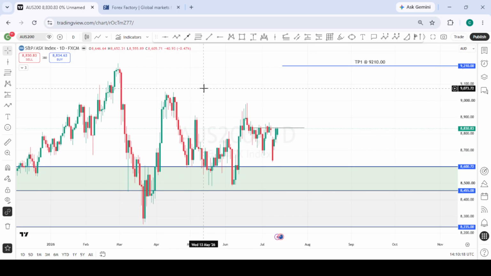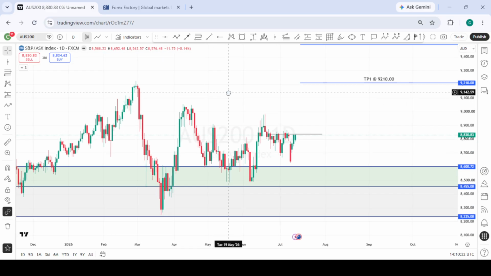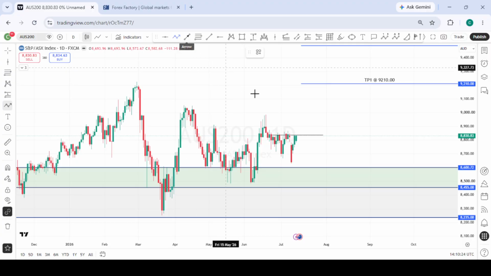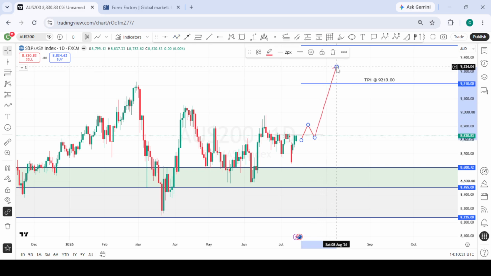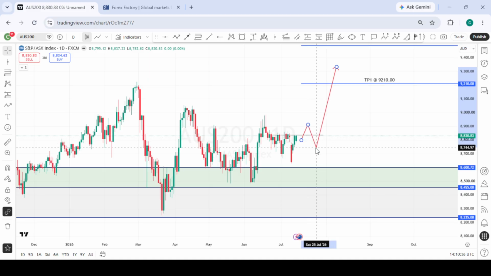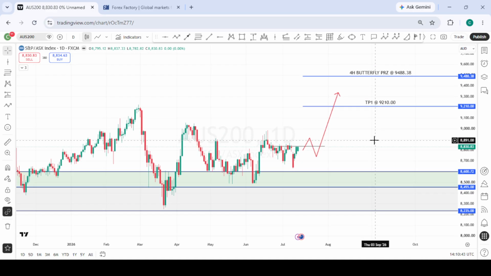This is Australia 200, and for Australia 200, it's also very bullish now, and we are expecting a daily structure shift. If price gives us a daily structure shift, gives us a retest of the daily structure and gives us buying opportunities, we'll take our buys to the upside. Should price pull back a bit deeper and give us confirmations around here, we'll still be interested in taking our buys from here to the upside. And these are the various targets we have